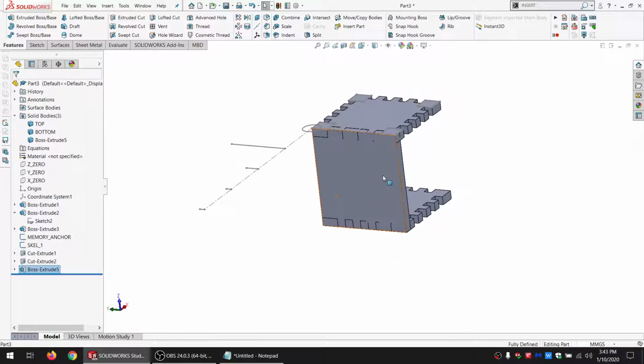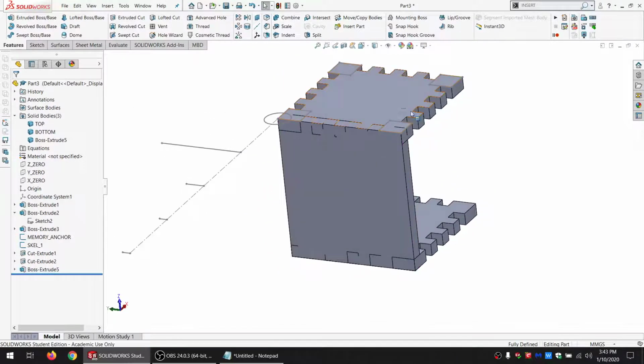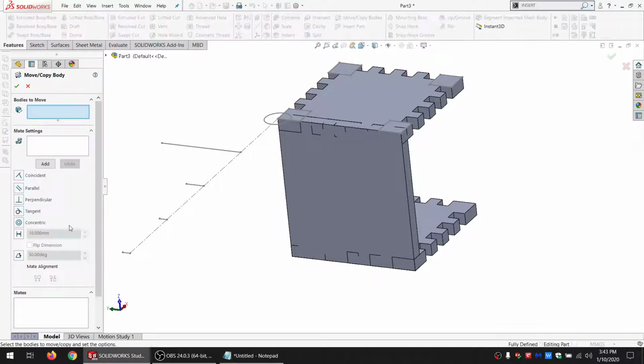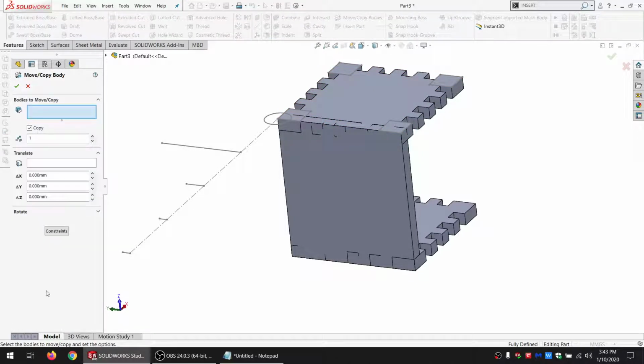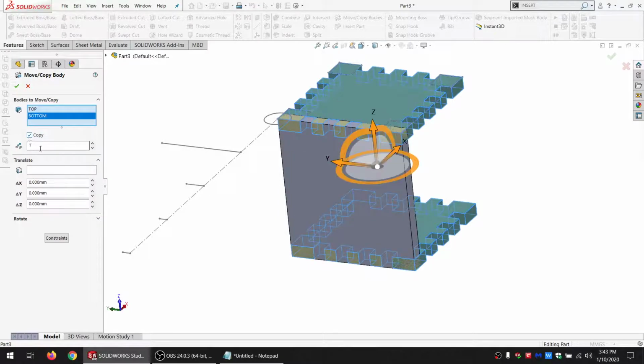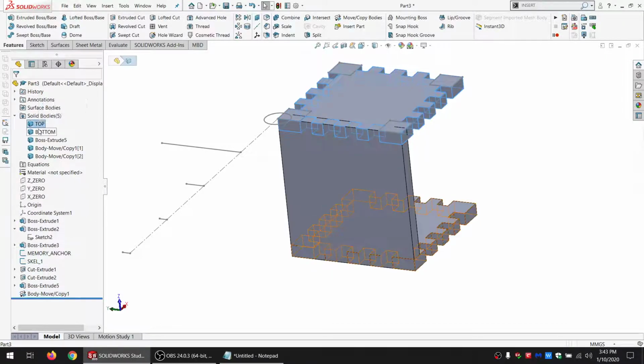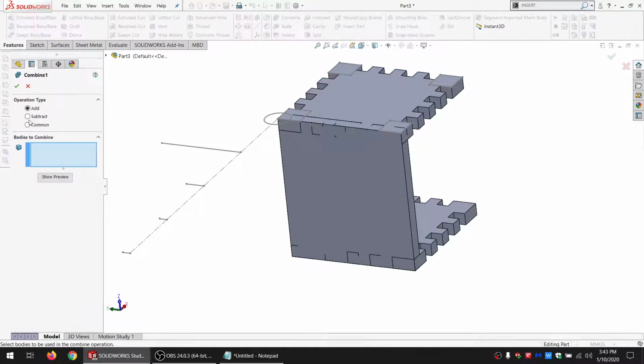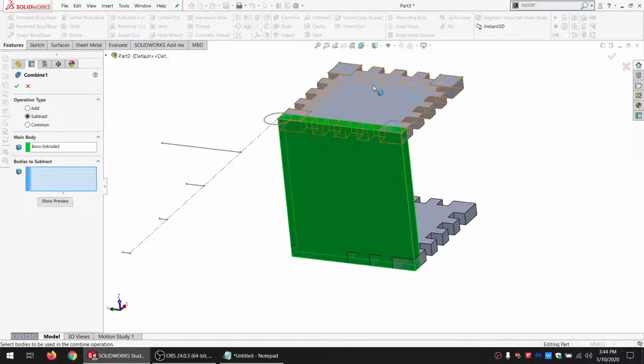Okay, and I might as well show what that command is right now because I can do that. So first I'm going to do a move copy bodies, in the translate rotate mode. So I just want to select this and this. I want to be in copy mode. I just want one copy and OK. I'm going to hide these real quick. And then I'm going to do a combine and select subtract. So I just want to start with this one and subtract